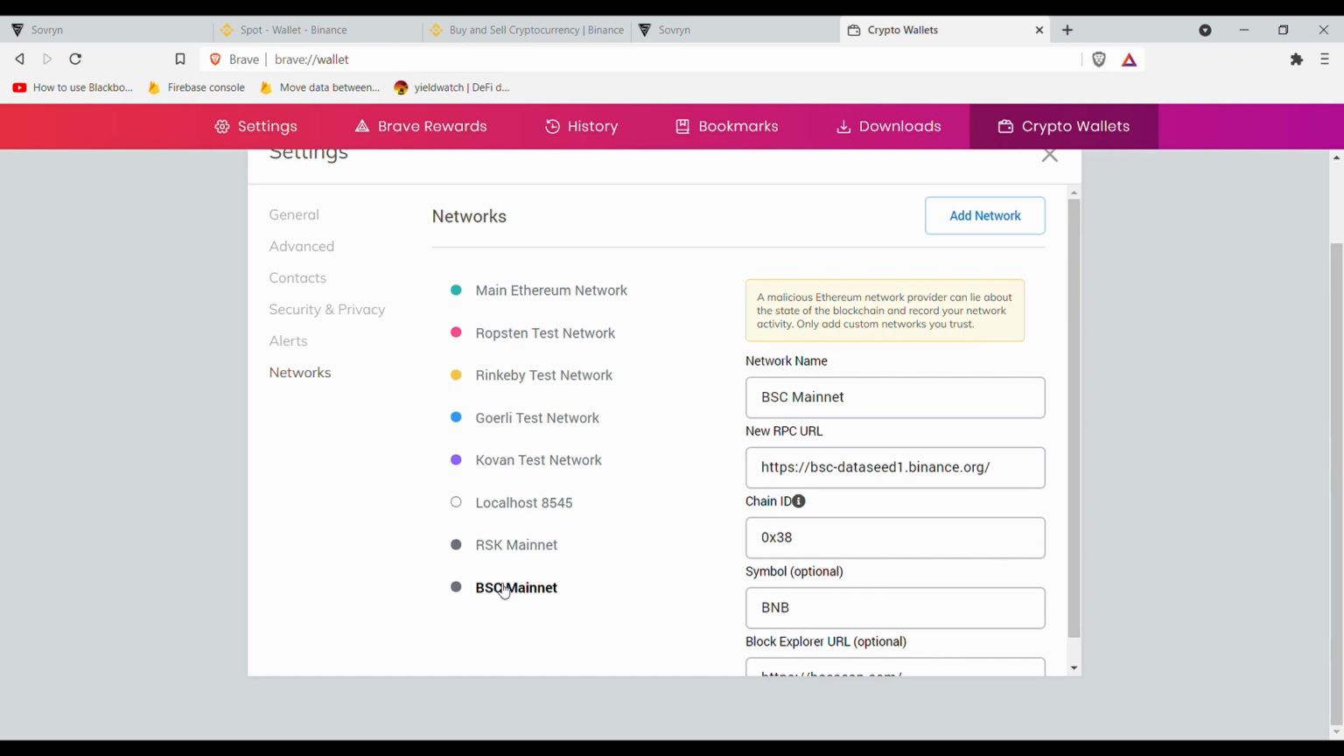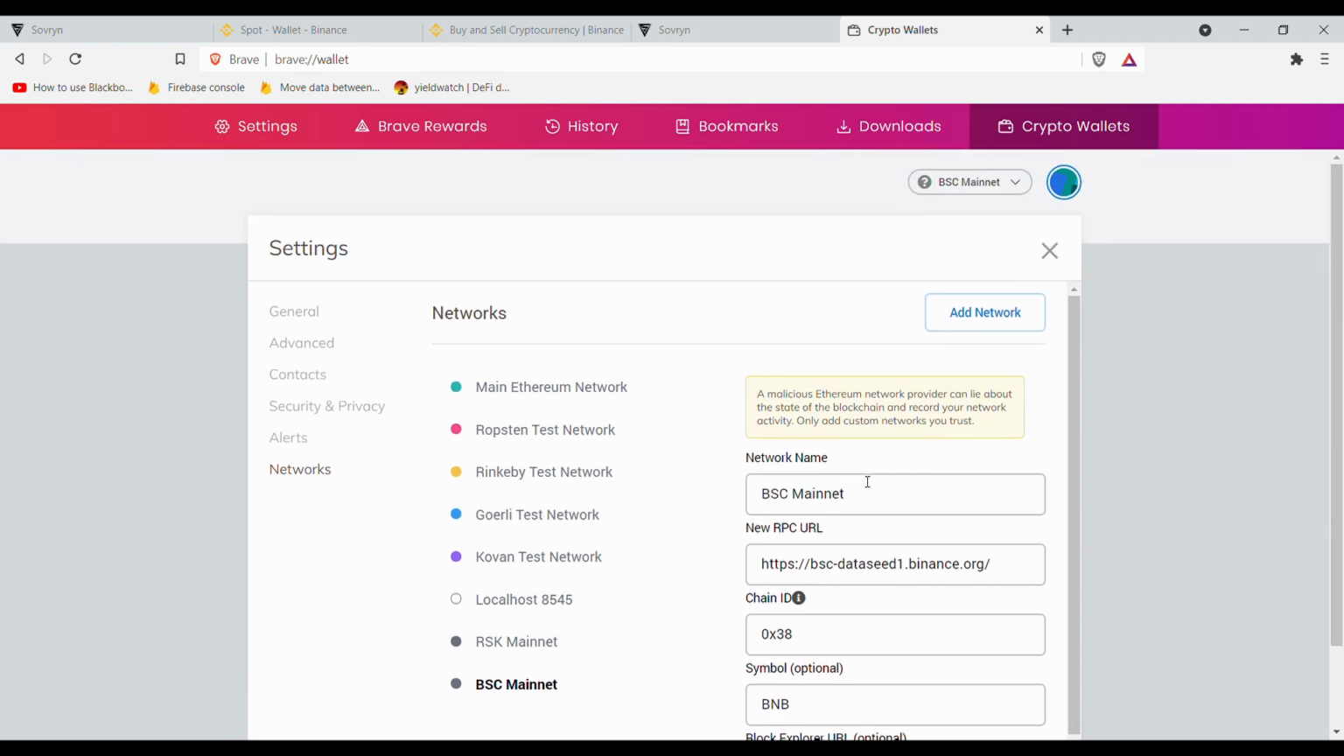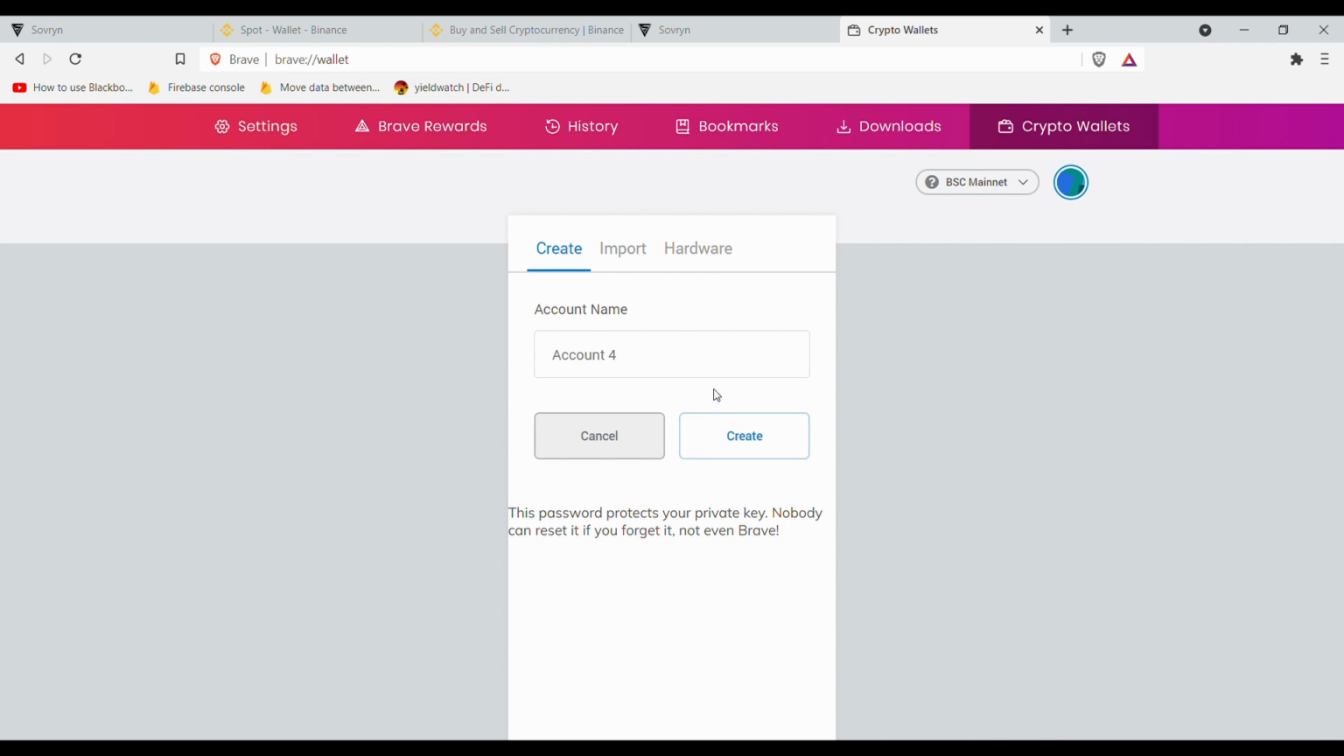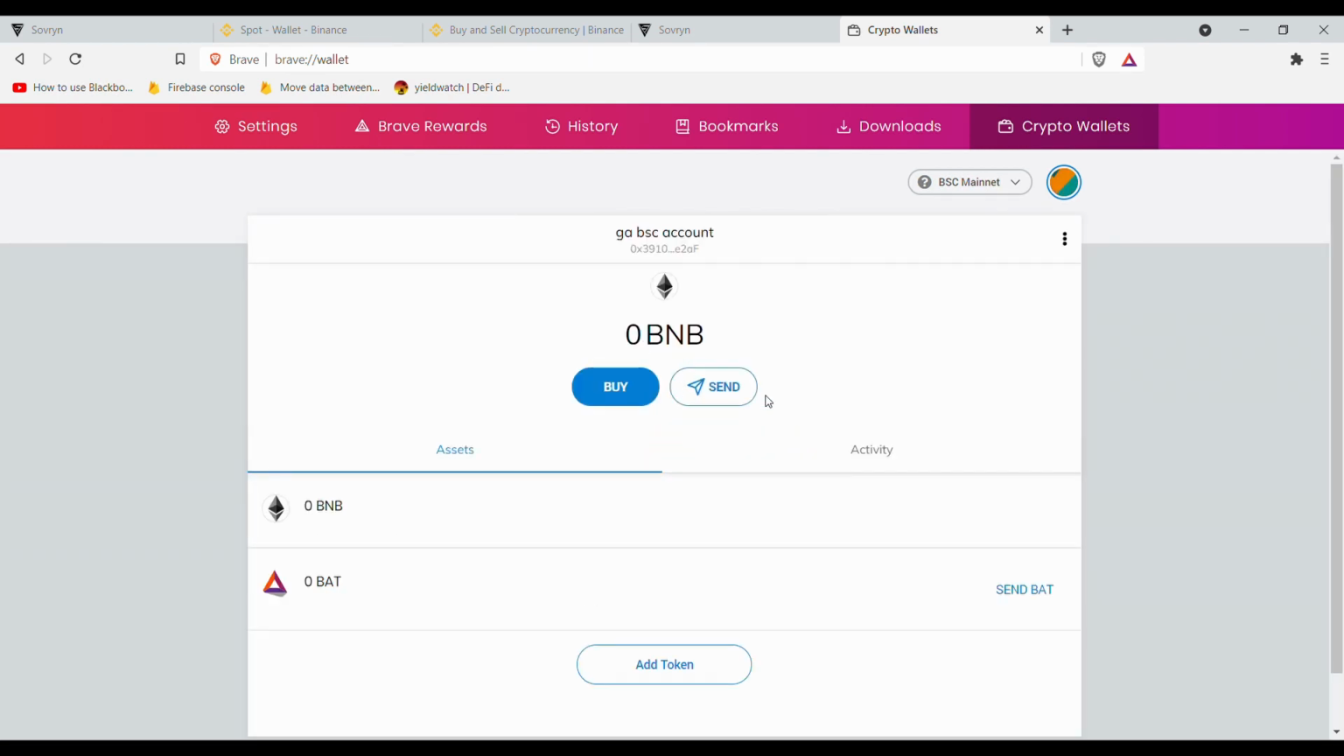So you should add it, and then for our purposes, I will create a new account. Let's call it Games of Foods BSC account. This is where we will place our USD. You can see that the primary token is BNB. So we click on here